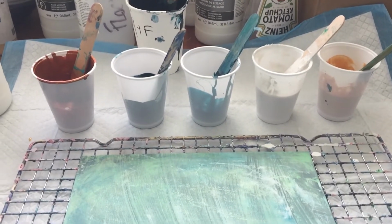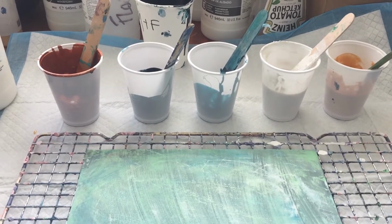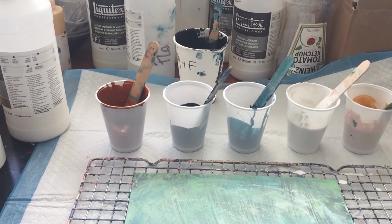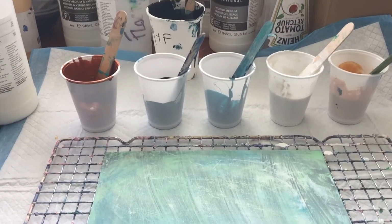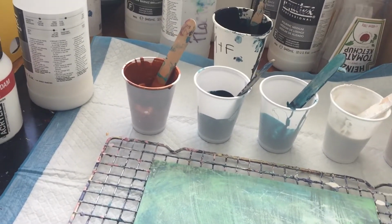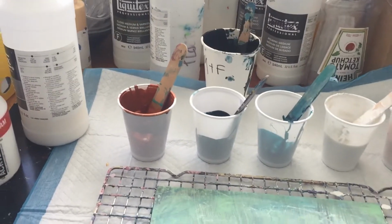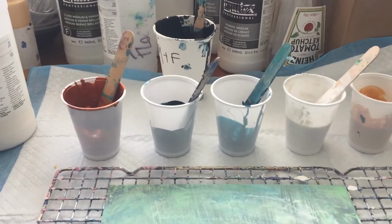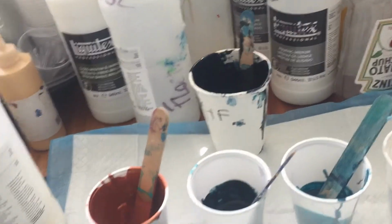Okay, so I haven't painted for, it must be 10 days. Very uninspired. So I went on to Etsy, having a look at other people's lovely paintings, and I got inspired by a lady called, let me have a look, Frederique Curbila. French, I think she is. Anyway, there were a couple of her pours that I really quite like the look of, so I thought, right,